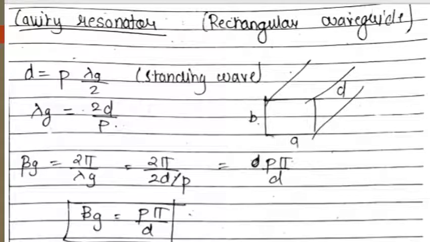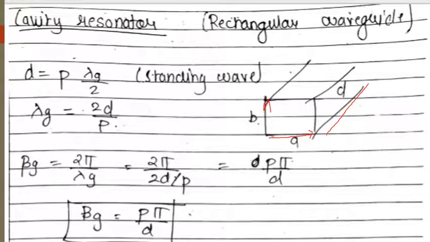Resonator means a condition in which we are going to take the third dimension. When I'm talking about third dimension, I mean to say the distance d. The distance d, normally we take this as along the z direction where the wave is propagating. We assume that the wave is propagating along the z direction along the dimension d. I hope you remember rectangular waveguide, we used to have length A. This was your y dimension, the breadth, and this is the distance d along which the wave is propagating.